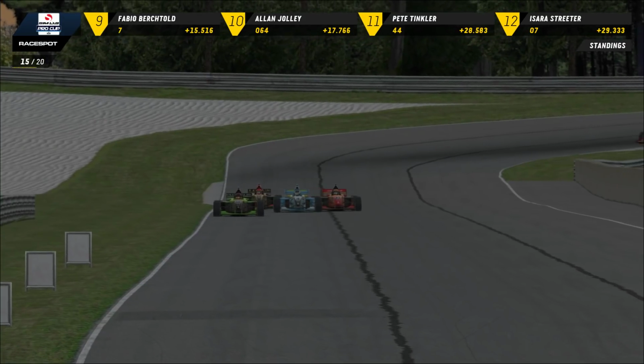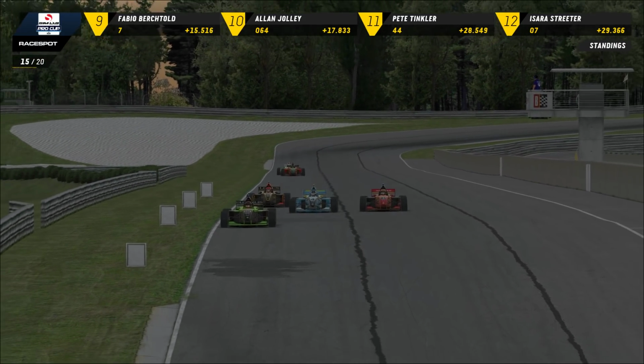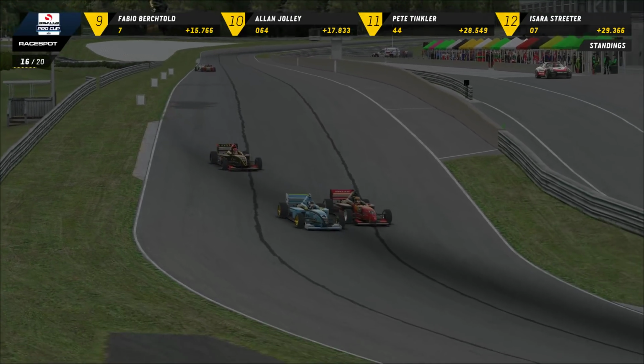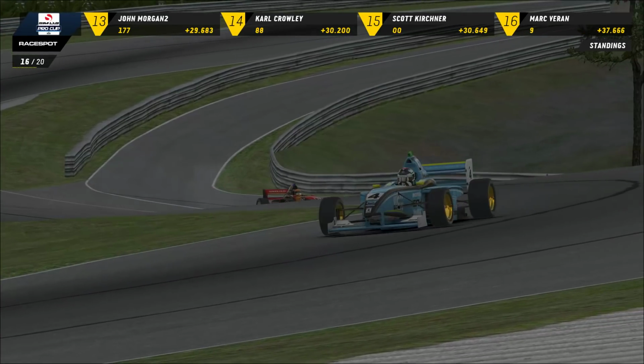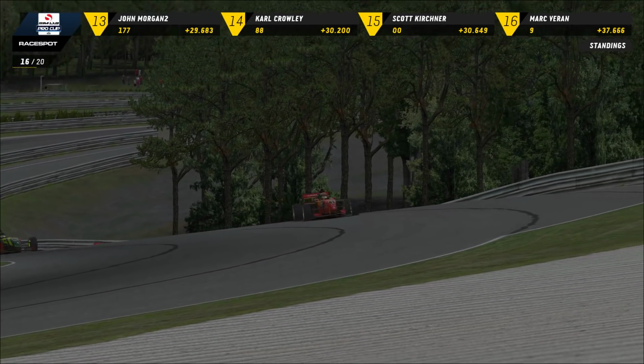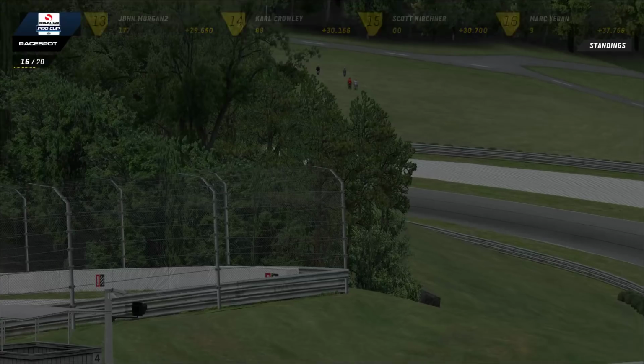Through now off the final sequence of corners. Martin wants that 2nd spot, gets a run off that final corner. Can he make something of it? Down in towards turn 1. Martin gets a little bit loose, and that's actually going to take out the 4th place runner as well as McCutcheon. Martin just a little bit of oversteer, and that's going to cause huge drama as he falls back into